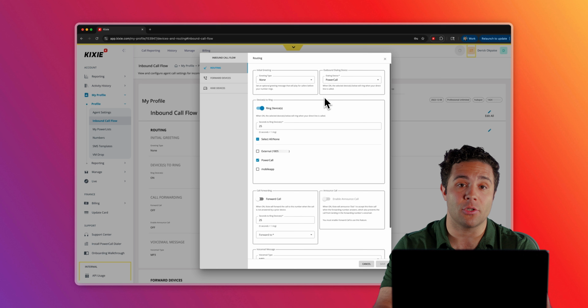Today, we're going to walk you through your profile settings. Things like voicemail, call routing, SMS templates, and voicemail drop, so you can customize your setup and get to work faster. Let's get started. First thing you'll want to do is navigate to your My Profile section of the Kixie.com